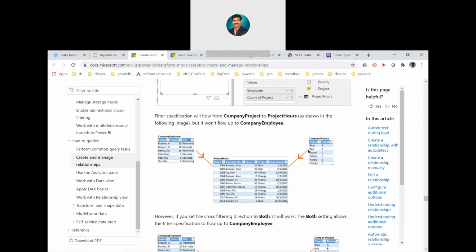And you need to notice here, this direction is year to year. But year to year there is no direction. We have reverse direction available, not this to this, it is not going. Company employee to project hours, we have the direction. Project hours to company employee, there is no direction, right? We take from here the project.